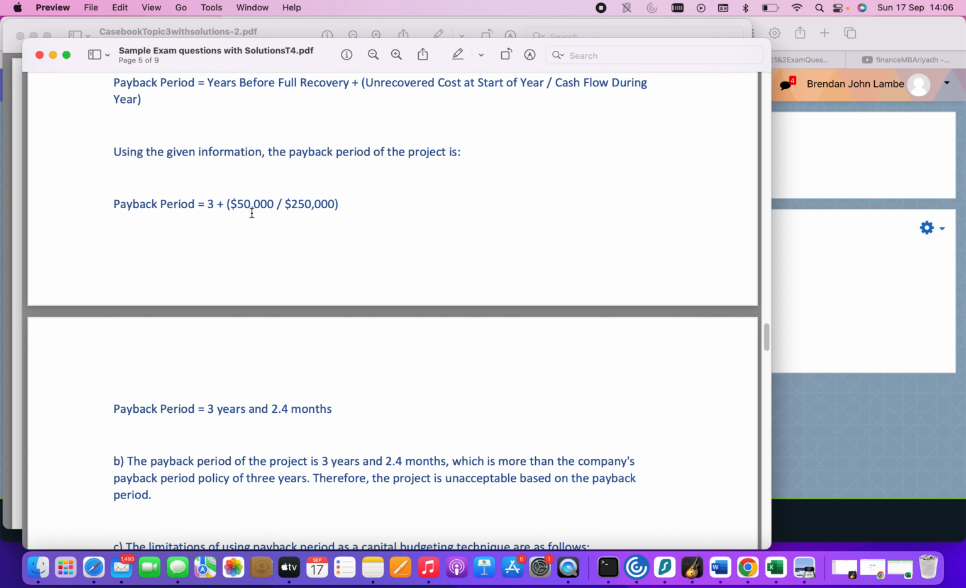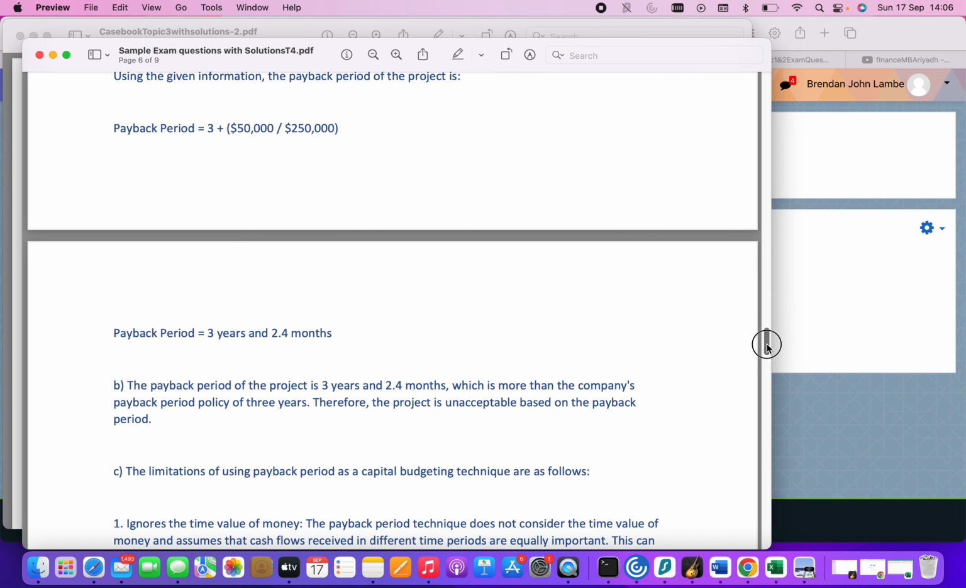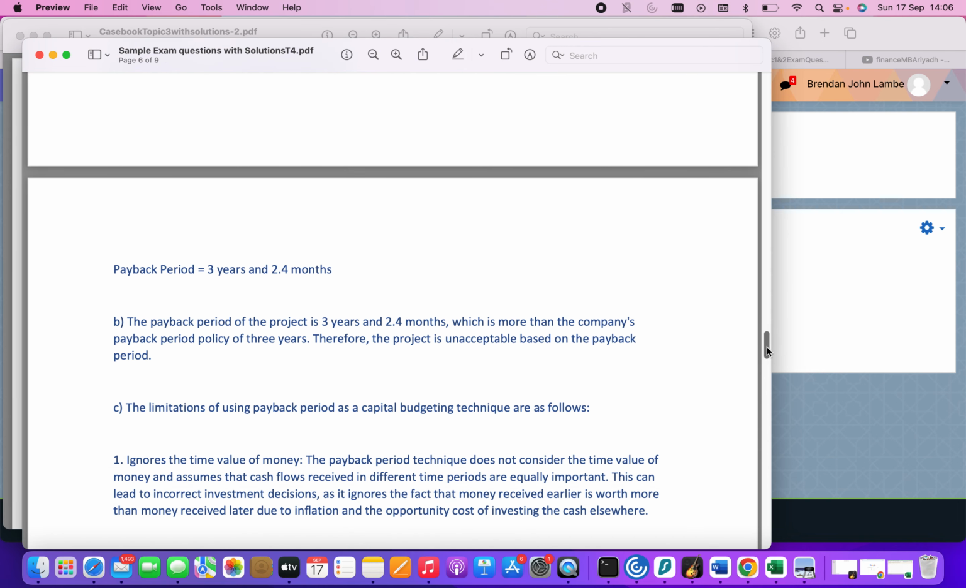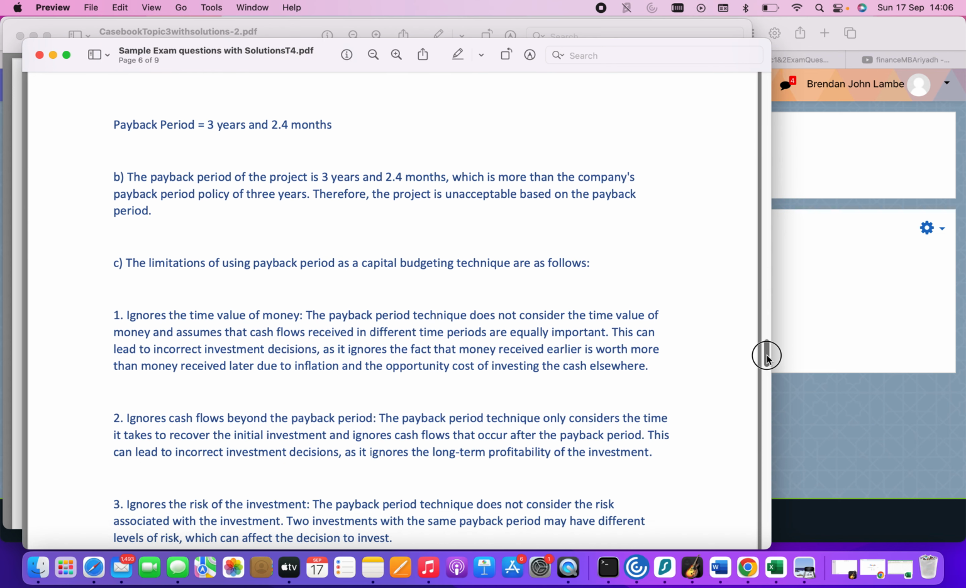Because whatever the decimal value is, you multiply it by 12 and it will give you the number of months. Now, if you just simply give me 3 point something years, then I will accept that as well. So the payback period is 3 years and 2.4 months. So the project is unacceptable because it's more than the 2 years, which was our criteria for acceptance. And that brings up our first limitation. Well, it's not our first limitation actually. It brings up